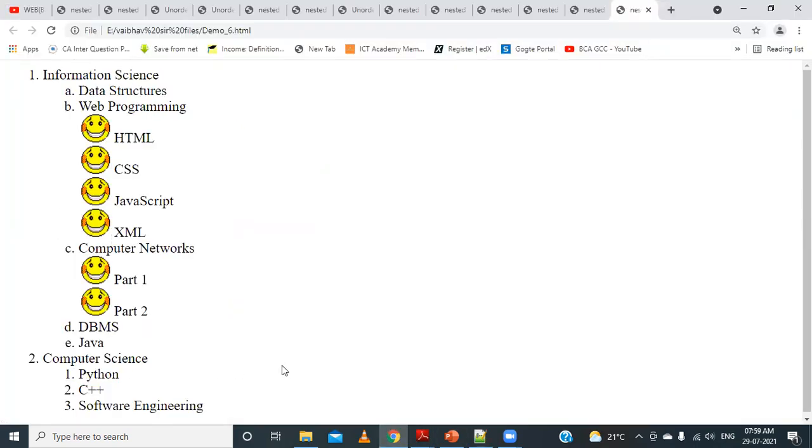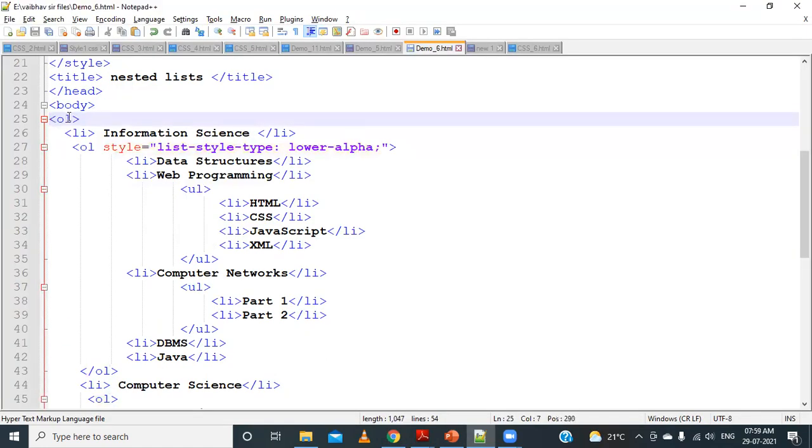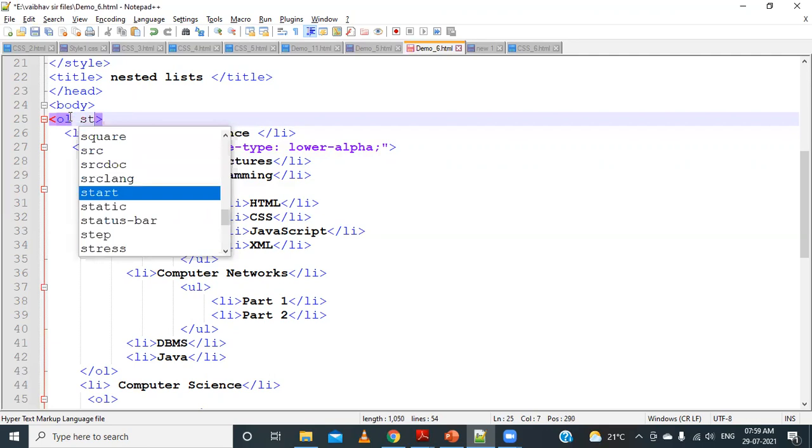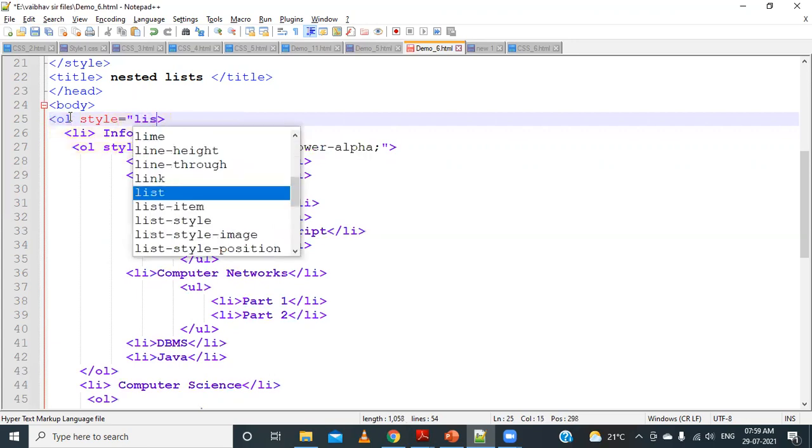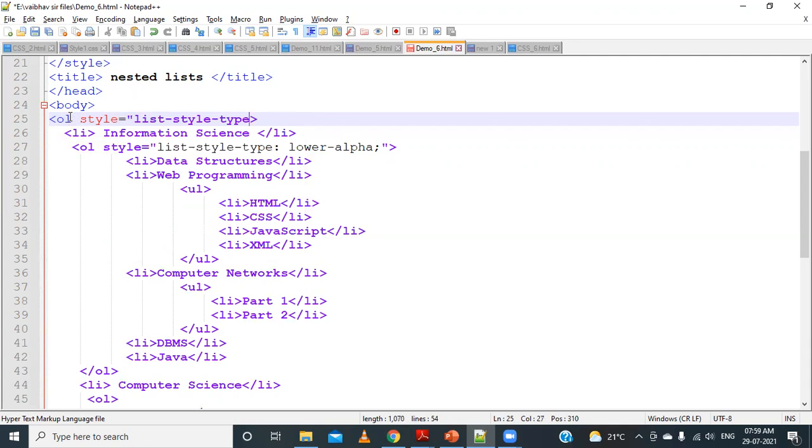We have two. So if I want to apply it for this, I should apply it to this particular OL, which is at the starting position. So for this, I will say style, and here we have to specify it as list-style-type. Then we can say upper-alpha instead of this, put a semicolon and close it.